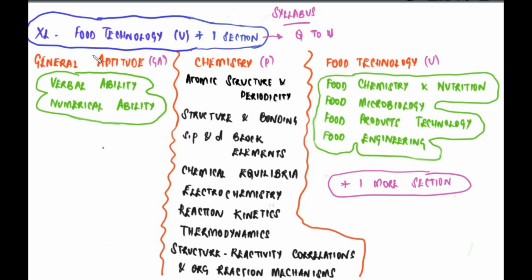So if I'm going to appear for the XE stream, since food technology is one option, the other option will be something which I have selected. For example, let it be biochemistry. I'll have to know the syllabus of general aptitude, chemistry, food technology, and biotechnology or biochemistry, whichever I select. Here I have given you the outline of the general aptitude, chemistry and food technology,